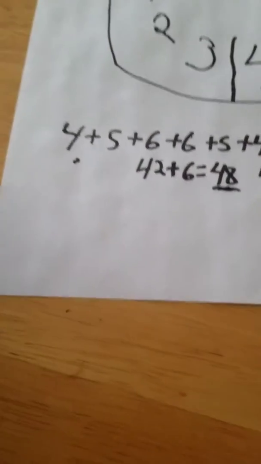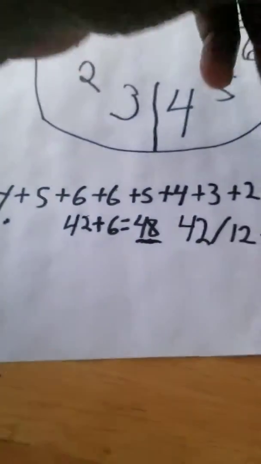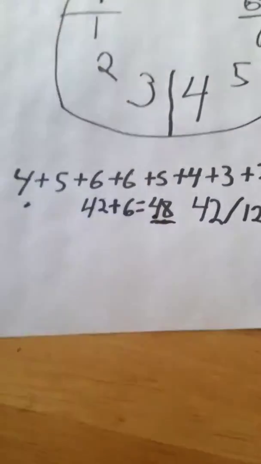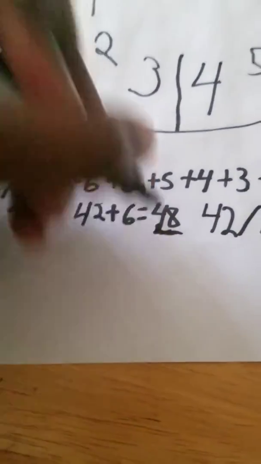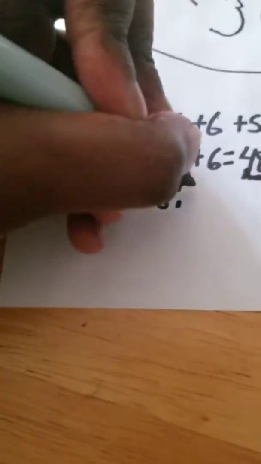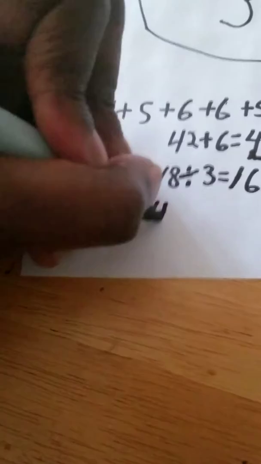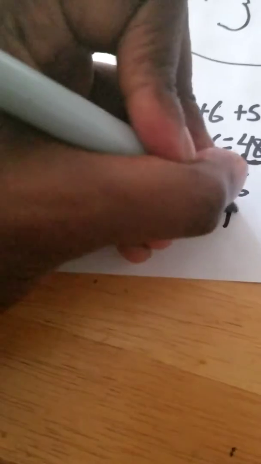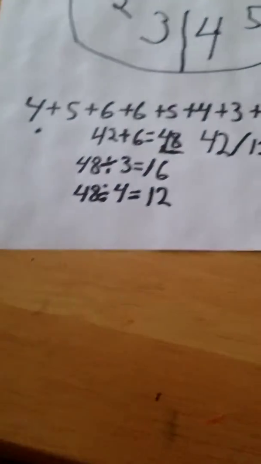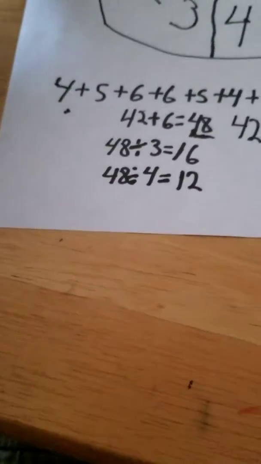So, next step. Since I know that it's an equal day and equal night in the third portal, I'm going to take the number 48 and I'm going to divide it by 3. And I'm also going to do the same thing for autumn. Take the number 48 and I'm going to divide it by 4. So 48 divided by 3 equals 16. And 48 divided by 4 equals 12. So now I know the latitude for spring and the latitude for autumn,